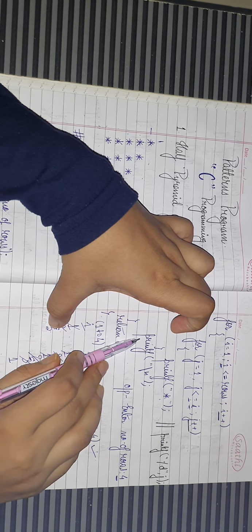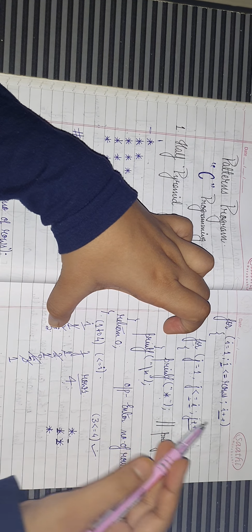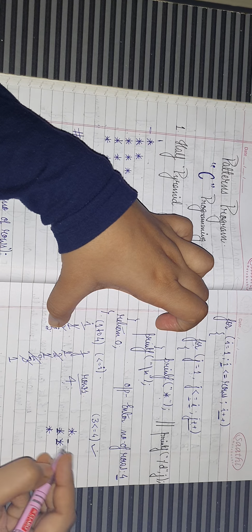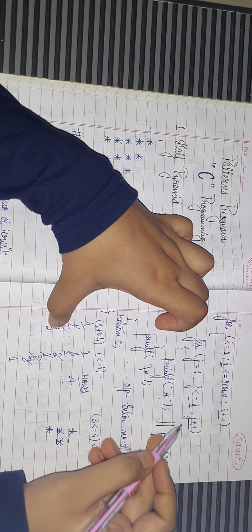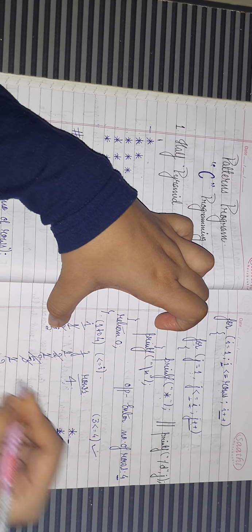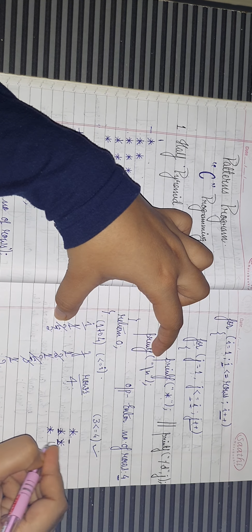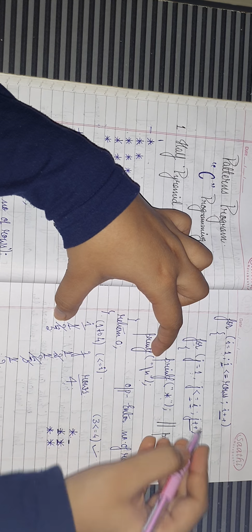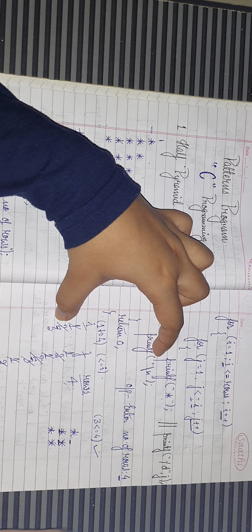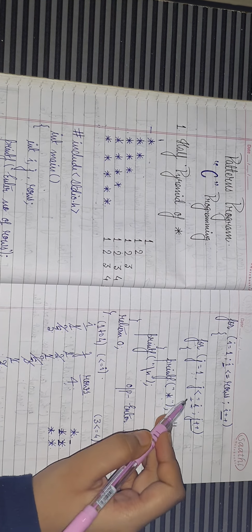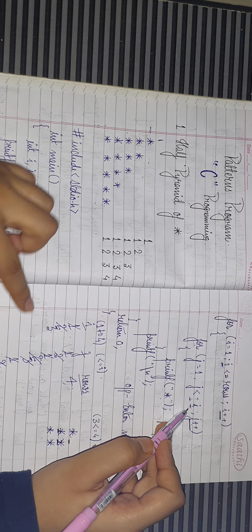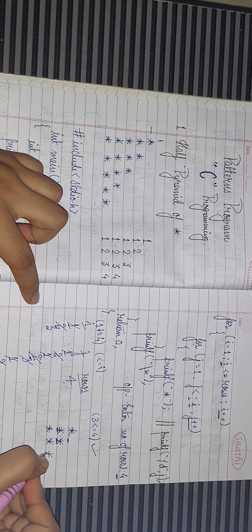Here we had executed the printf new line, so that's why it came to the next line. Now the j value is incremented to 2. Is 2 less than or equal to 3? Yes, the condition is satisfied. Star will be printed. Now again the j value will be incremented to 3. Is 3 less than or equal to 3? Yes, the condition is still true. It will print the star.